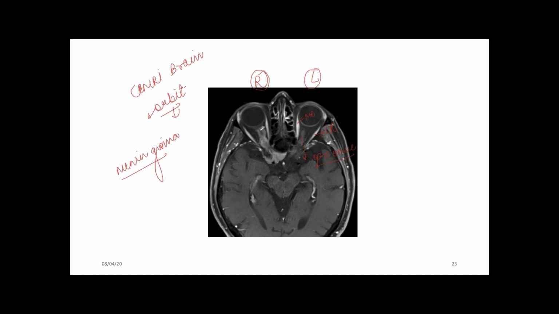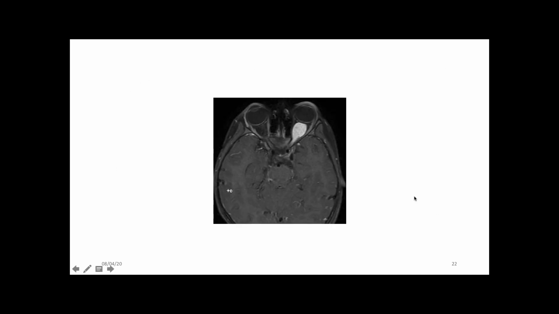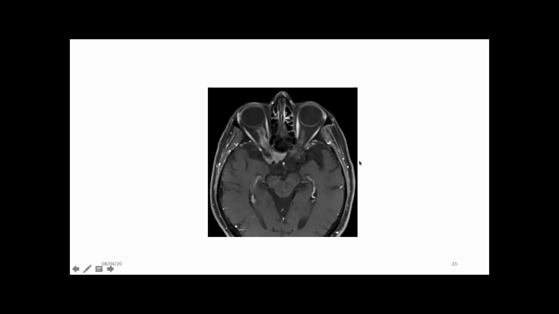And you can see that in the center, the optic nerve is a little hypo-enhancing, which is seen separately from this sheet-like enhancing mass. If you can see the optic nerve separate from the overlying intensely homogeneously enhancing sheet-like mass, then the diagnosis is optic nerve meningioma. So you can easily differentiate now, whereas in optic nerve glioma, the nerve itself is dilated fusiformly and you cannot separate it from the mass, in optic nerve meningioma,